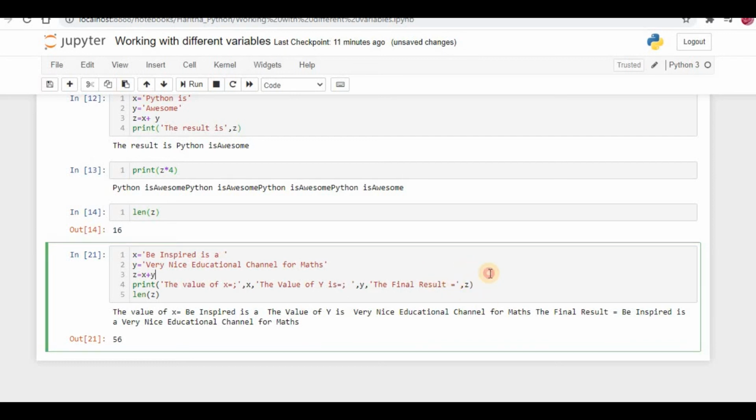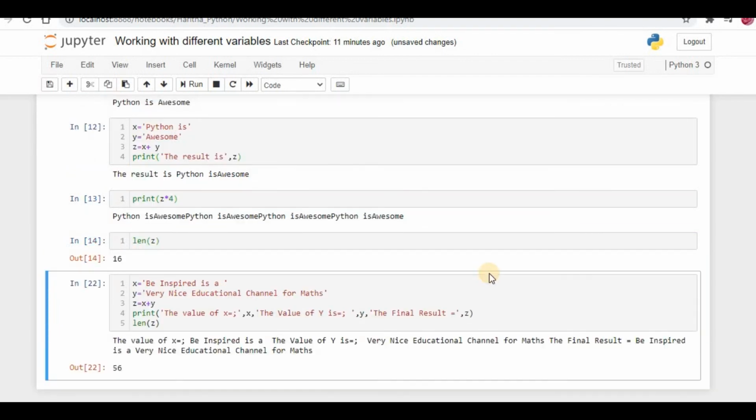Now I will execute it again. We can just change it according to that. So we just want here the value of x and then the value of y also. After the y value is printed, we want this, and now we will execute this.